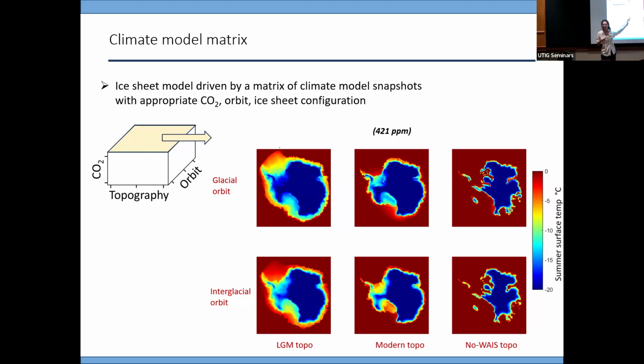Here's one face of this 3D matrix. So here I vary orbit and topography, and I've plotted the summer surface temperature to show you the variation in climatology. So at each time step, as a model is going through time, each time step in this case is 1 year for 2 million years. The model is saying, okay, like what's the CO2, what's the topography, what's the orbit at each time, and then grabbing the appropriate climatology. Actually, it's interpolating between these. But anyway, it figures out what's the appropriate temperature and precip at each time.